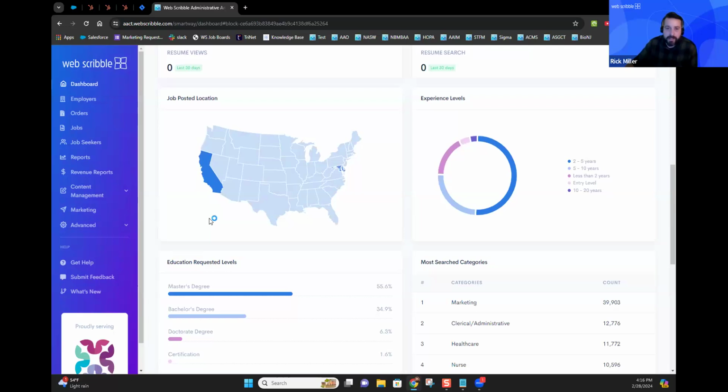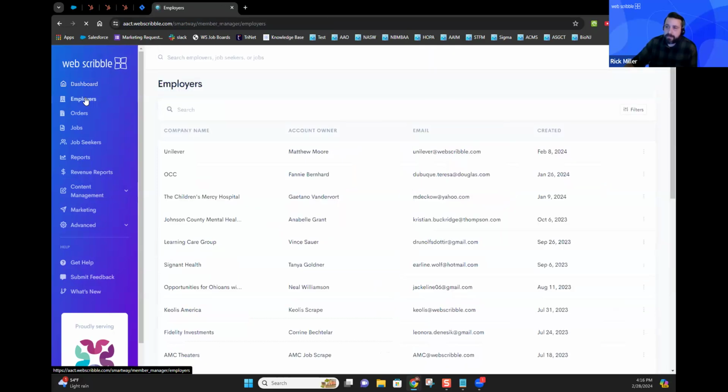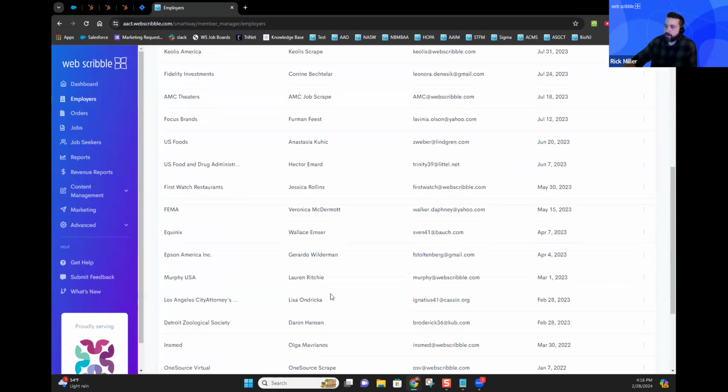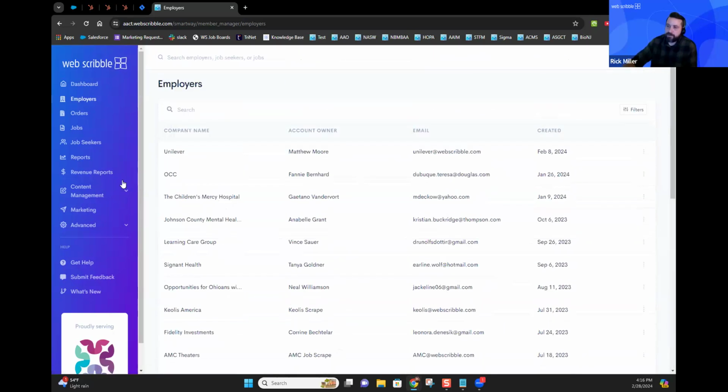So we're going to move on to the next section on the left-hand side. So we're going to click on the Employers tab. This basically is the list of all your registered employers within Smartway. Here, we give you the list of employers from the oldest registered up to the newest, which would be on the main page. Off to the right-hand side here, you'll notice that there is a filter button, and you can search for specific employers using these various filters here on the right-hand side.